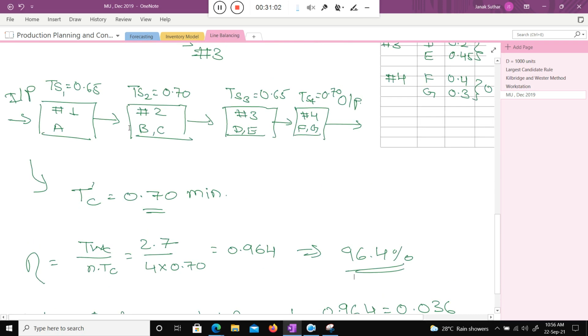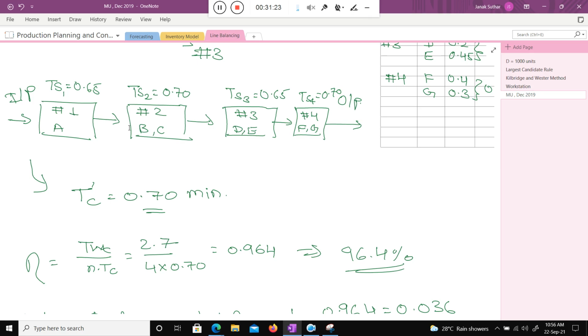Suppose I applied the largest candidate rule, I applied the Kilbridge-Wester method, and we will learn one more method, the ranked position or rank weighted position method. I applied these three things. Now I need to check which one is the best.